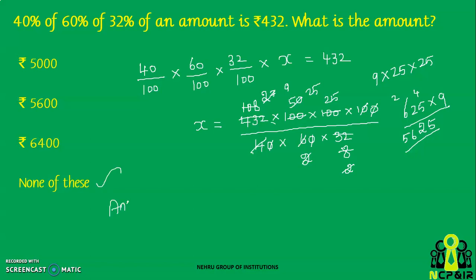Actually the answer is 5625. Now you can be confident about these type of answers, especially none of these, only when you are very clear about the solution. So go step by step. I didn't do any bigger calculation. All I did was simple eliminations. So that is very important when you solve these type of problems. We'll go to the next one.